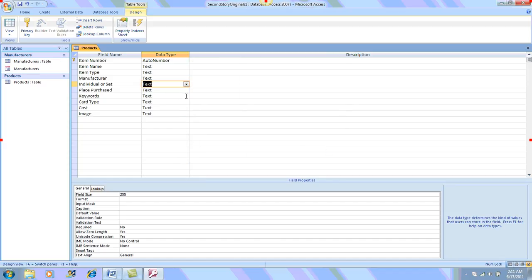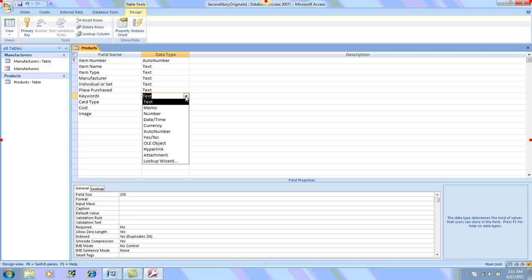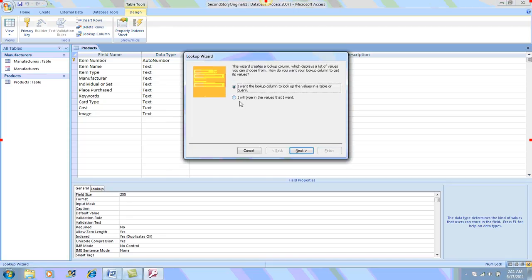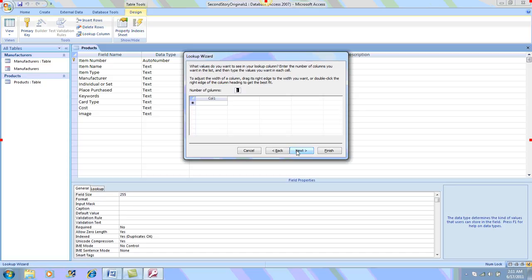We're also going to do the same thing for keywords. So click down your down box, click on Lookup Wizard. Again, we're going to type in the values that we want, and we're going to click Next. And here is where we're going to add some values. Our keywords such as flower, girl, boy, trees, birds, Christmas,